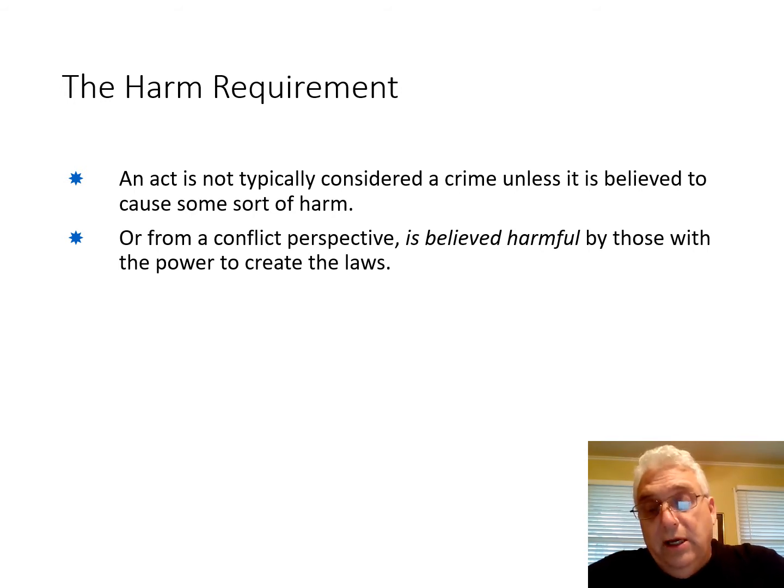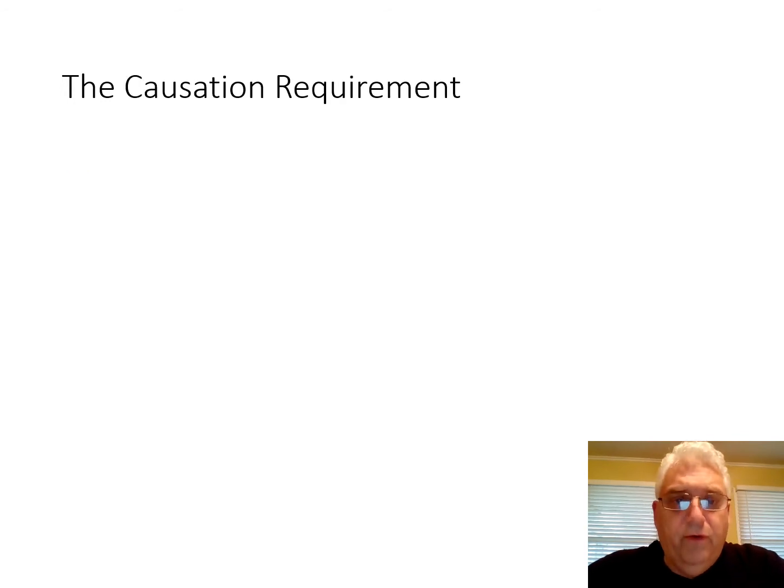Now, marijuana is legal, and about half the population of the United States lives in a state where marijuana use is now legal. Because in those states they've decided that using marijuana doesn't meet the harm requirement anymore. It doesn't really hurt anybody. And if people want to smoke it, I wouldn't suggest they do it, but if they want to, let them do it. So that's about half the states' position right now on the use of marijuana. So the harm requirement. Moving forward, causation.